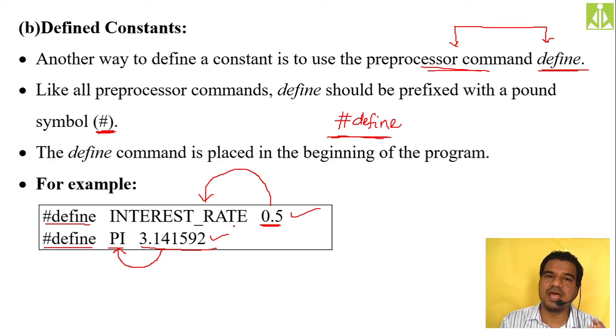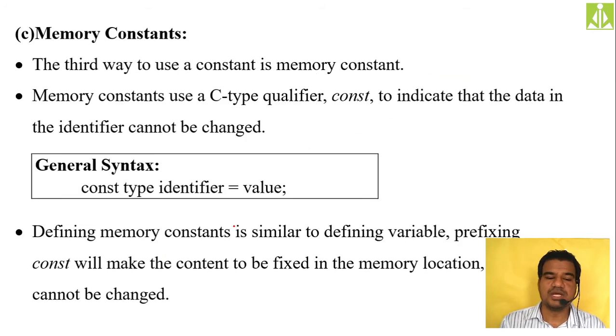Here we are giving a name to the constant value, and that name will remain like the value which you are assigning throughout the program. It is not possible to change that name's value to something else. Always the name, like pi we are assigning to 3.141592, it will remain like this value only throughout the execution of your program. You can't change that value. Hopefully you understood. So the last one is memory constant.